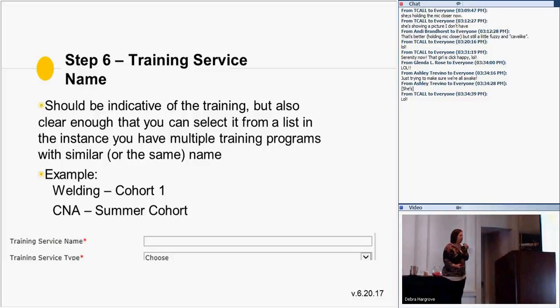So I would recommend you come up with some sort of classifications for how you're going to do your training, either cohorts or start dates or whatever, so that you can say, wellness number 1, wellness number 2, wellness fall 2016, wellness summer 2016, whatever, so that when you see these things in a list, you know which to select.